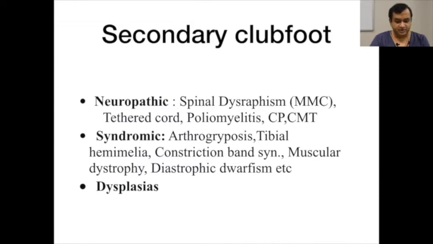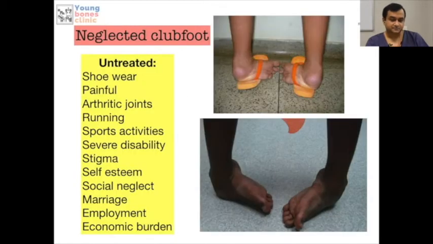There are some syndromic clubfoot which are more stiff, and they have associated anomalies of the heart, the intestines, the liver. The visceral organs may be abnormal in these kids, and they can have associated life-threatening anomalies as well. So we have to rule these out, and that is why we do a thorough head-to-toe examination of the kids to rule out other secondary causes of clubfoot.